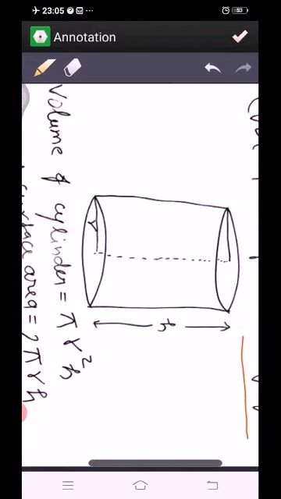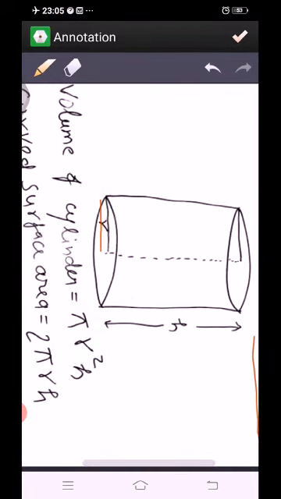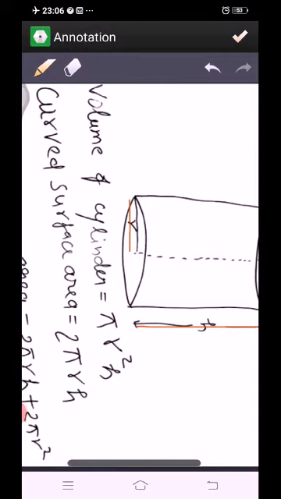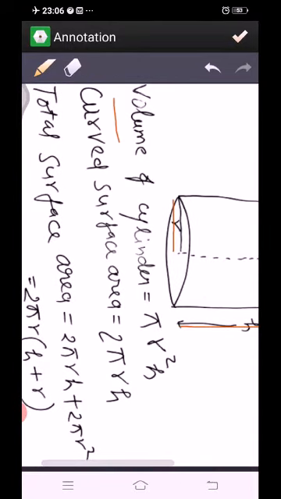In this we can see this much part is called radius. This length is called radius and this is called the height of the cylinder. Only two things are required to find all the things for a cylinder, radius and height. So let us see the volume of a cylinder. What will be the volume of the cylinder? That will be pi r square into h. Pi r square means the base area of this circular base. So area will be pi r square into height. Area into height is equal to volume.